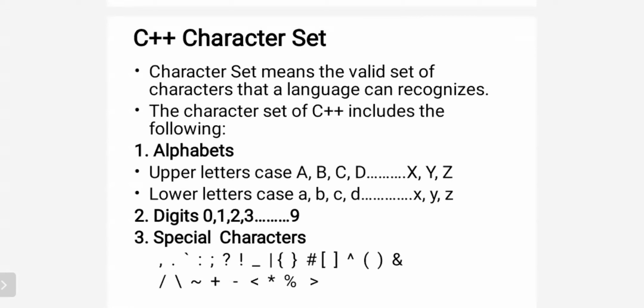So the next concept is C++ tokens. A token is the smallest individual unit that cannot be subdivided again. The smallest individual unit in C++ is called a token. Clear? The C++ language has certain tokens: keywords, constants, variables, operators, punctuators, etc. That will be explained in the next class.